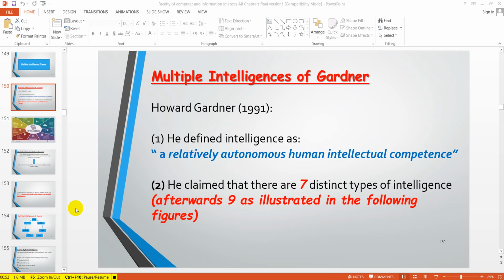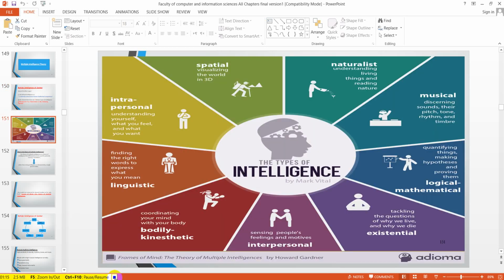Gardner defined intelligence as a relatively autonomous human intellectual competence. He claimed that there are seven distinct types of intelligence, afterwards nine, as illustrated in the following figures. This figure shows us the nine component model of Gardner, which was first a seven component model. In his first model, he